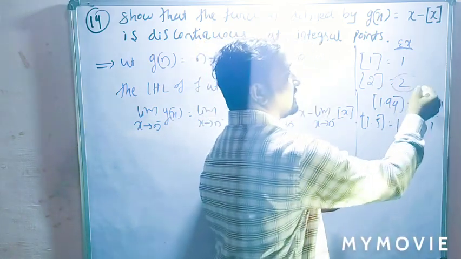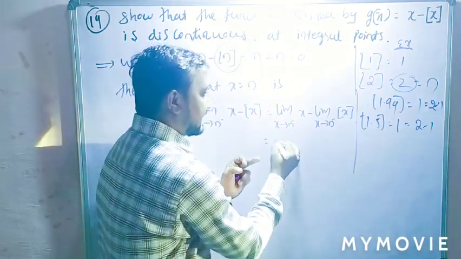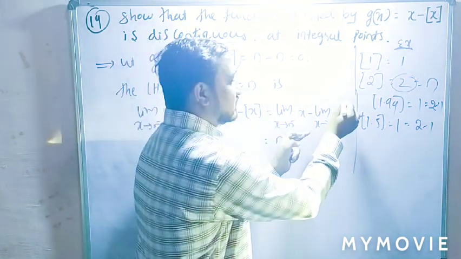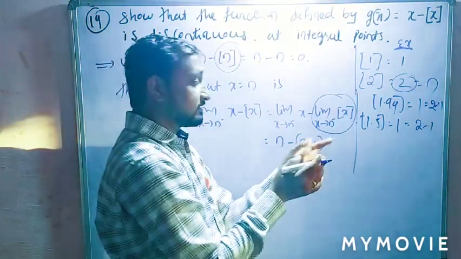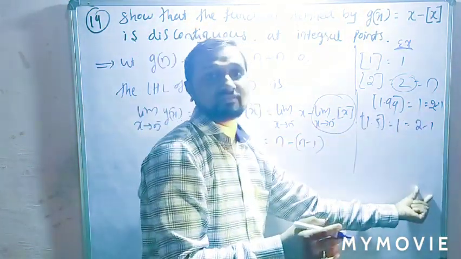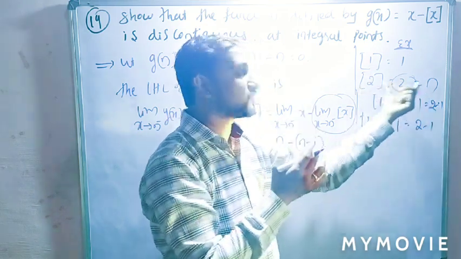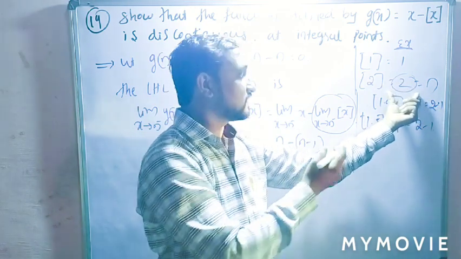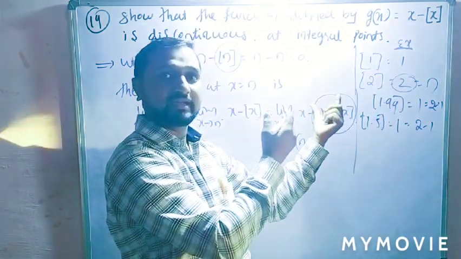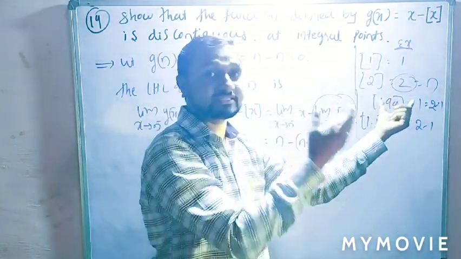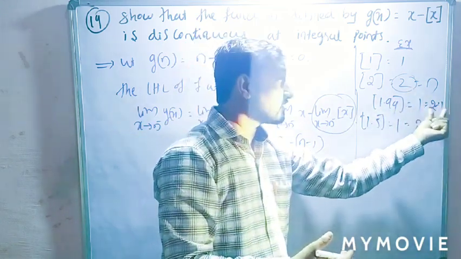So I can take this as n. Here n is there. So the left hand limit should be n minus 1, the (n minus 1)th term. Is that clear? Because 2 is your n, so the greatest integer of 2 should be 2. The LHL is the value to the left of 2, that is 1.9 or 0.9 otherwise. The greatest integer value of 1.99 is 1. 1 can be written as 2 minus 1, where 2 is your n, that is n minus 1.